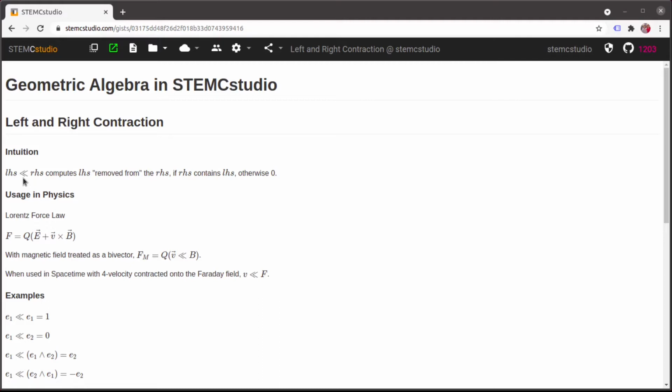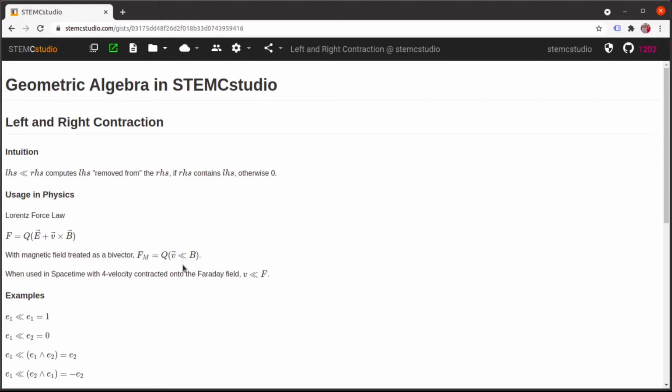Okay, so this will make more sense when we look at a few examples in a minute. Now, as I said, there is this intense use in physics where it appears in the Lorentz Force Law. This is the three-dimensional version of the Lorentz Force Law, and clearly that only works in 3 dimensions because of the cross product. But if we replace B by something which is really a bit more natural, which is that B is really not a vector but a bivector, and we'll see how to do that,